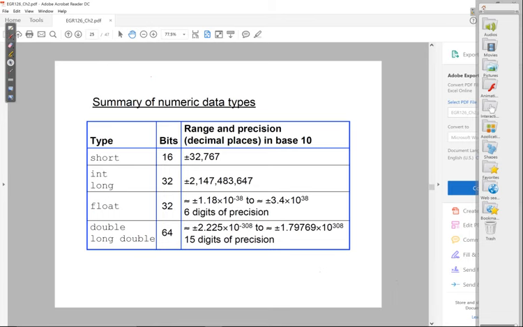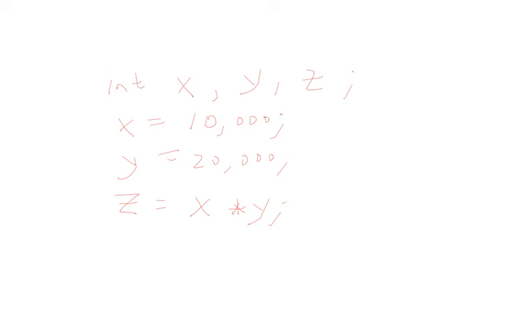And your double can store something much larger, right? So about 2 billion. So actually, let me do this. So maybe x is, let's say x is,